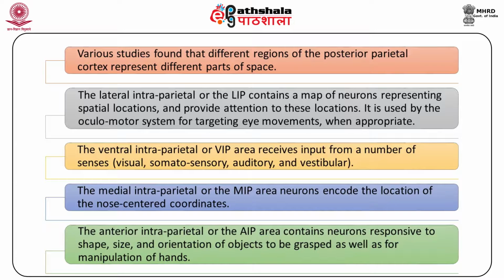It is used by the oculomotor system for targeting eye movements when appropriate. The ventral intraparietal or VIP area receives input from a number of senses like visual, somatosensory, auditory and vestibular. The medial intraparietal or the MIP area, neurons encode the location of the nose-centered coordinates. The anterior intraparietal or the AIP area contains neurons responsive to shape, size and orientation of objects to be grasped